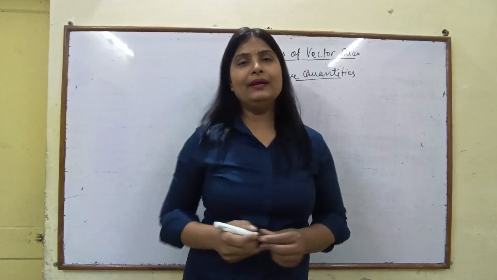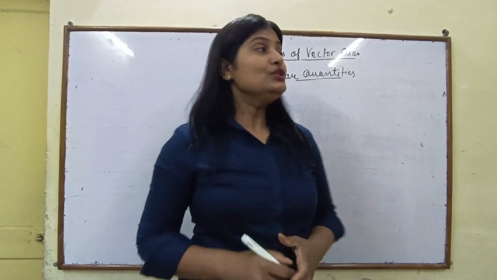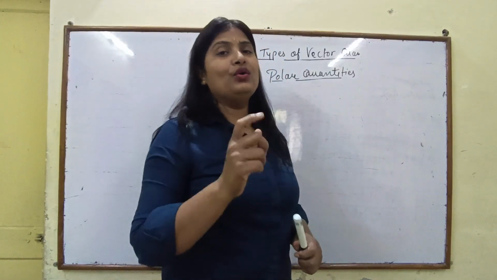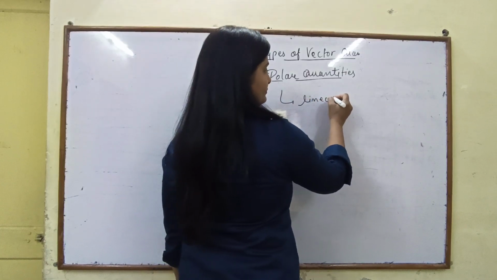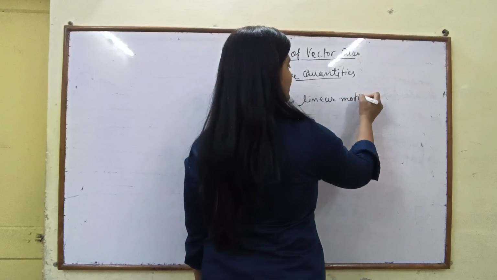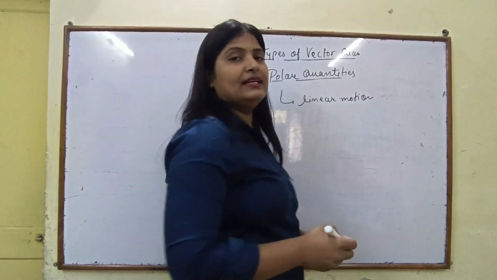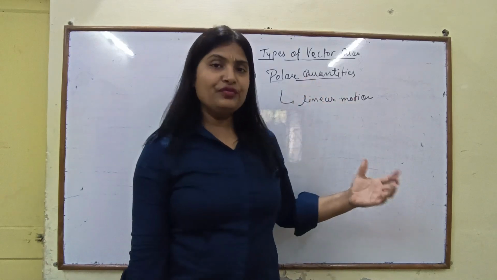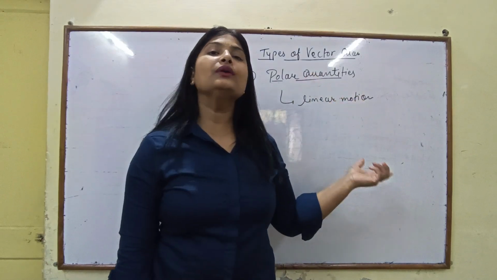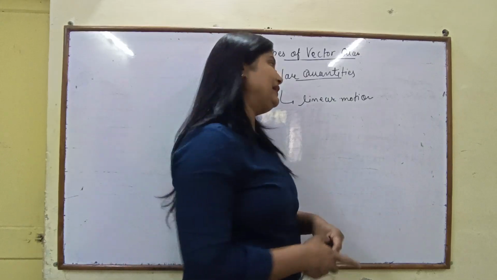The first type of vector quantities is polar quantities. Polar quantities are always applied for linear motion. When we discuss linear motion, all types of physical quantities there are known as polar quantities, like